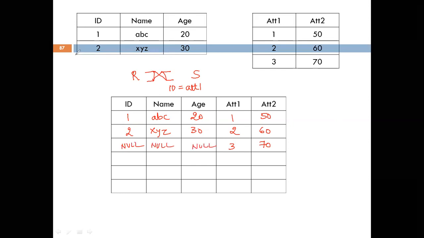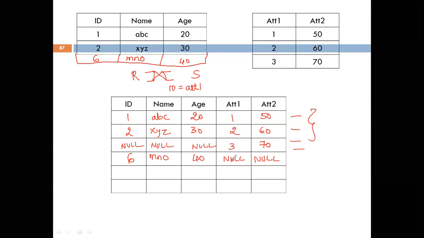So let us add one more. Just like our previous example, let us call this 6 MNO 40. Then what happens? So this will be there: 6, MNO, 40. Here there are no entries, so it will be null, like this. So four entries, out of which there is a matching in only two. On the other two, there is no matching, so corresponding entries will be null.